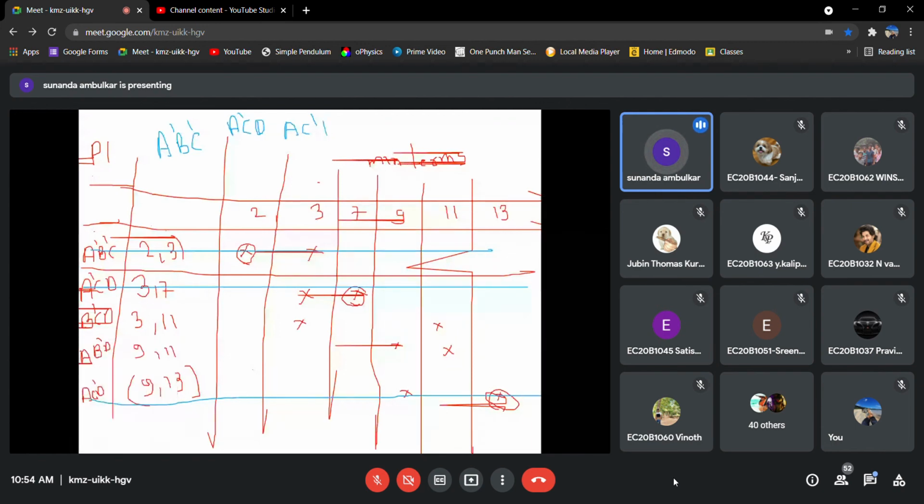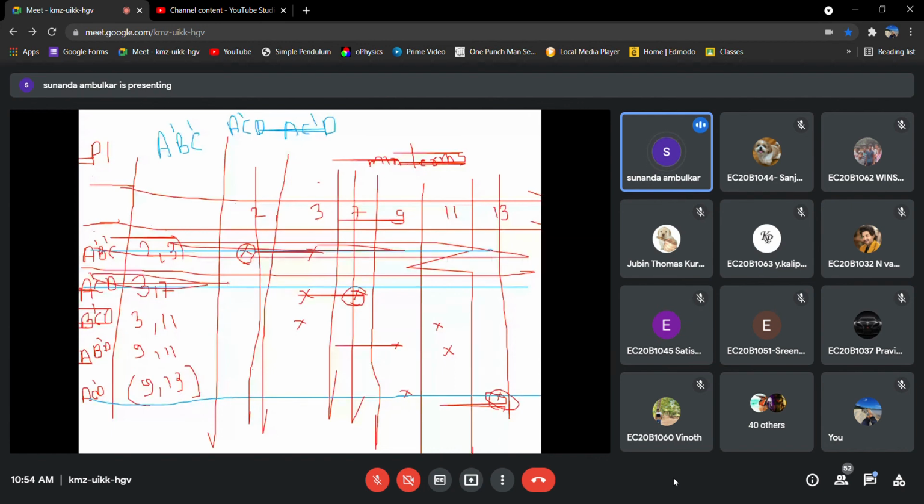Next, what we have to do is delete those things. So we will delete this, delete these things, this one also will be deleted, this one also will be deleted. Now next we have to identify those terms which have only one min term. Now tell me which are remaining. These two are remaining.